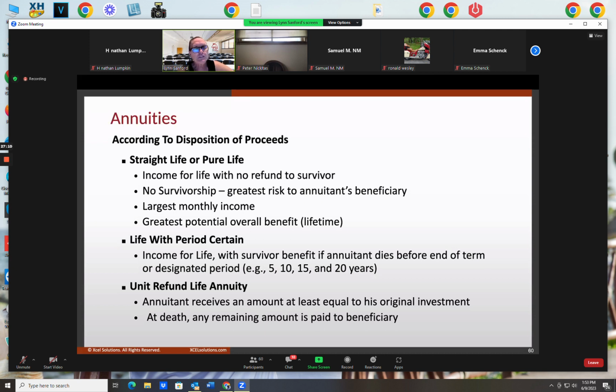Okay? So I could take it out in dribs and drabs if I want. I could contact the insurance company and take the $5,000 out for the new car. Maybe the next year I don't want to take anything out. Maybe the next year I want to take $3,000 out. Maybe the next year I want to take $10,000 out. Maybe the next 5 years I don't want to take anything out at all. So I can take money out in dribs and drabs if that's what I want to do.